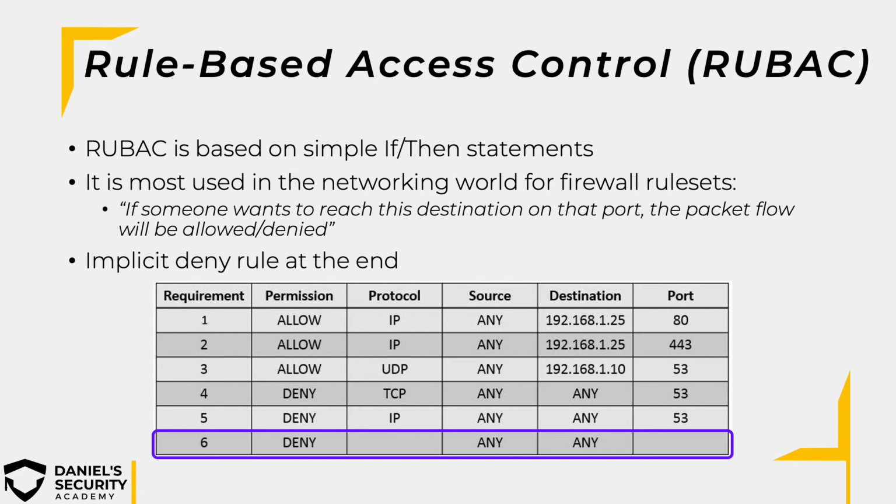And if we walk through the table below, if a packet comes from any source net and you want to reach this first IP address on port 80, the first rule would say, okay, source any, this destination, port 80, let's grant it, allow, next packet. And the rule set is always worked through from top to bottom. Therefore, in this example, rules 4 and 5 don't really make any sense, because rule 6 already covers those kinds of cases.